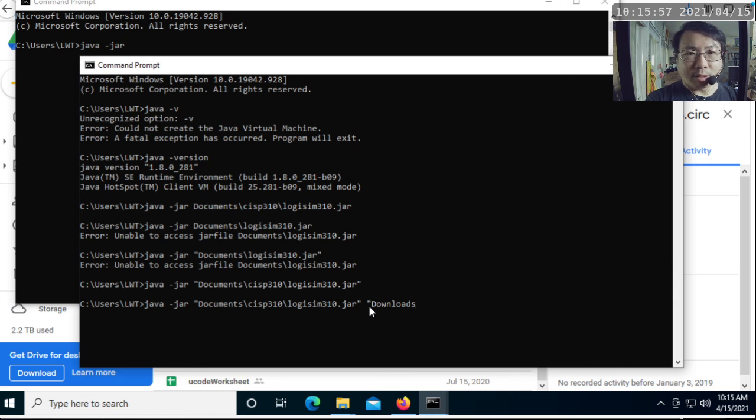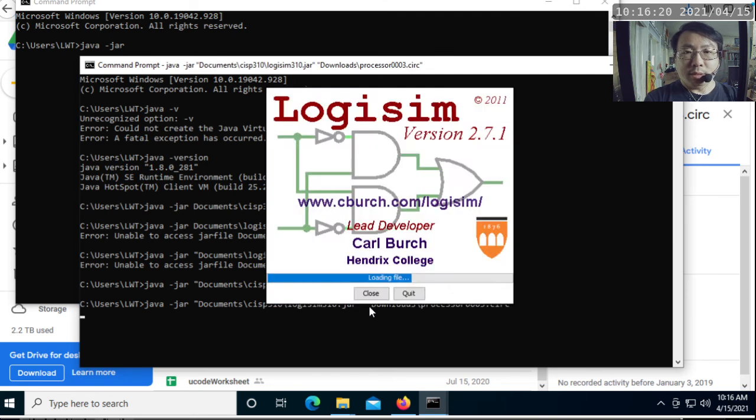Okay, because I'm specifying what we call a relative path, and a backslash to separate the name of the folder from the name of the file, which is processor 0003.circ. Remember to end the double quote. Now, in this case, I don't really need the double quotes, but putting the double quotes in doesn't hurt anything. So now I press the enter key,